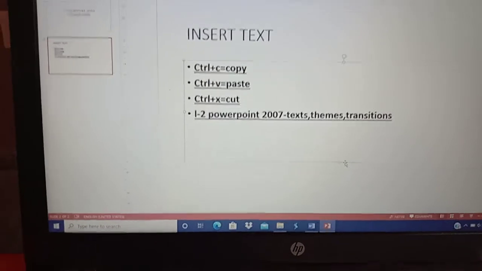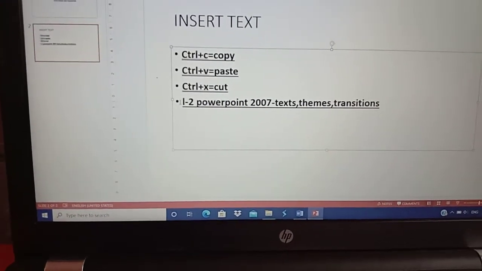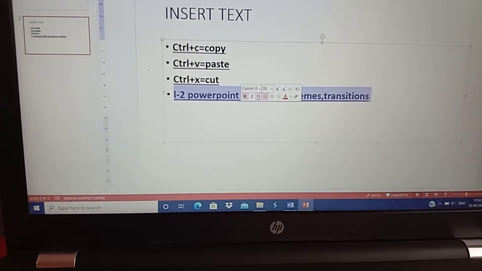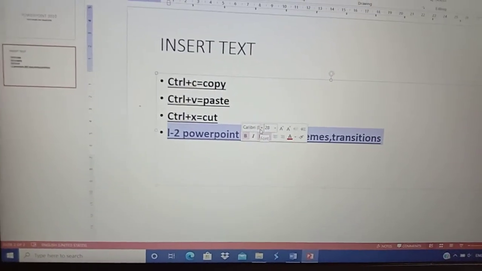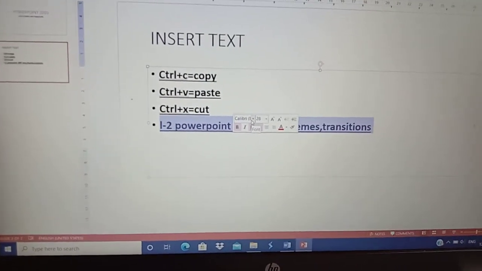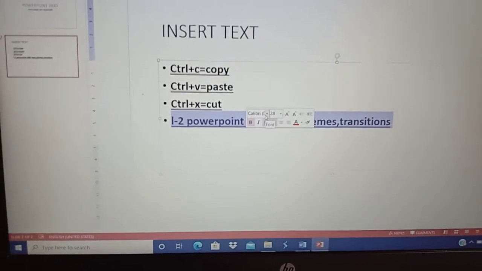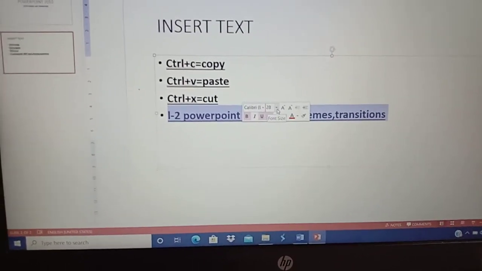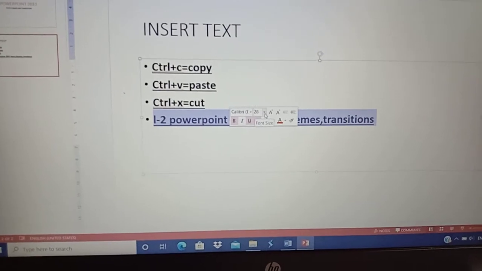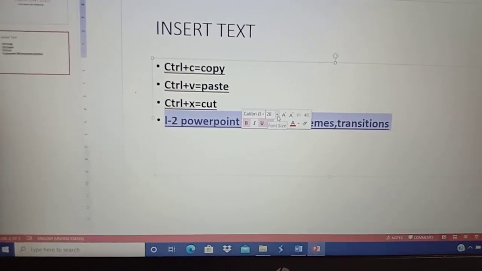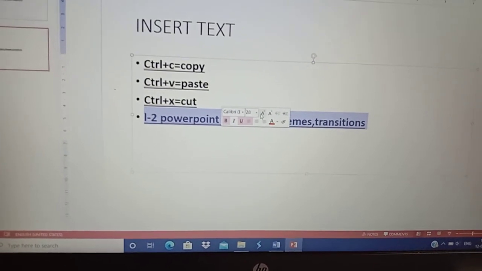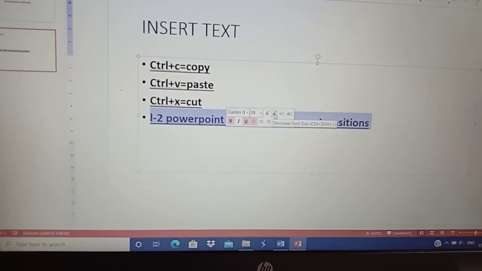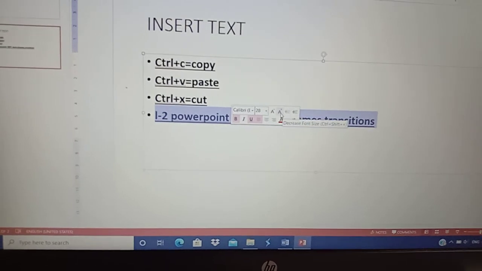Okay. Next we are going to learn about the formatting concept. After selecting the text, we will get a mini toolbar. Here, this is our font face. That is the style of our font. And this is font size. Based upon your wish, you can change the size for the selected text. Next, you can increase or decrease the font size here.